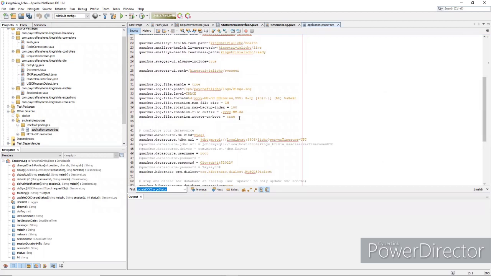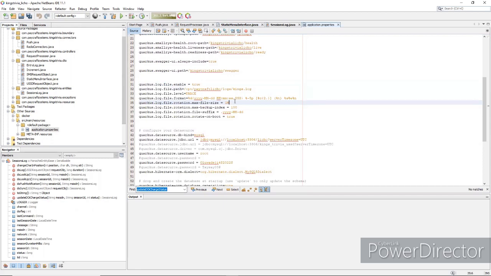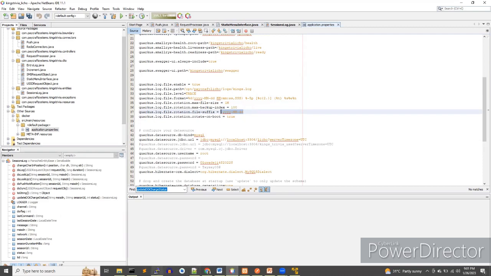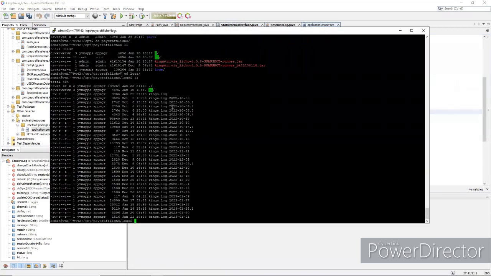You see, this is where I configure the logs. Look at this: the maximum file size is 1 megabyte. So when it gets to 1 megabyte, it's going to create a new log. And this is the prefix it's using to create logs: .yyyy-mm-dd. What does this mean? Year, month, and day. Look at my log system. You see, year 2022,